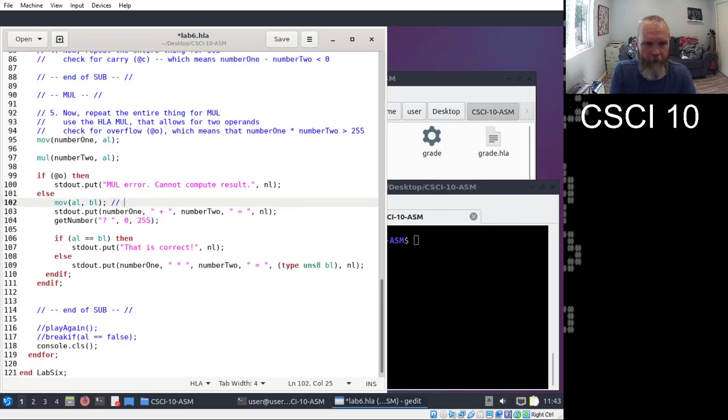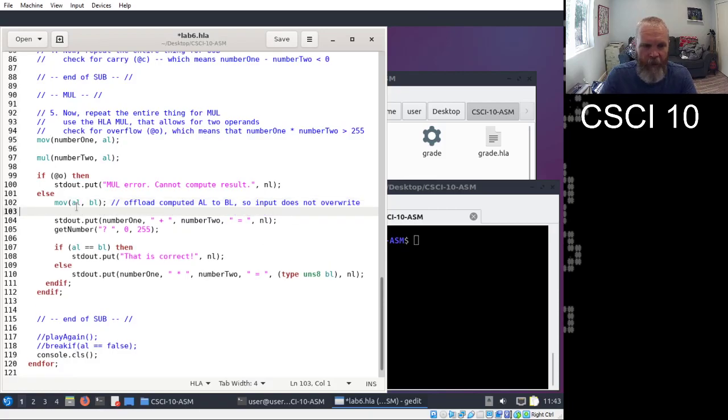So I'm offloading or copying this computed result that I mulled into BL. And the reason I'm doing that is because this get number is about to overwrite AL with their input. So you got to pay attention for that kind of stuff.